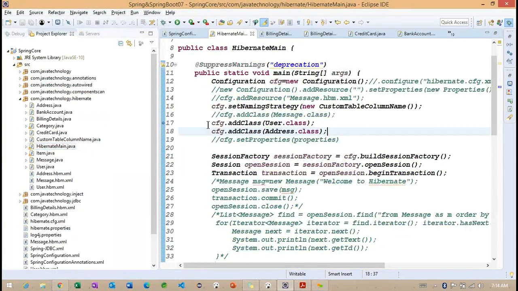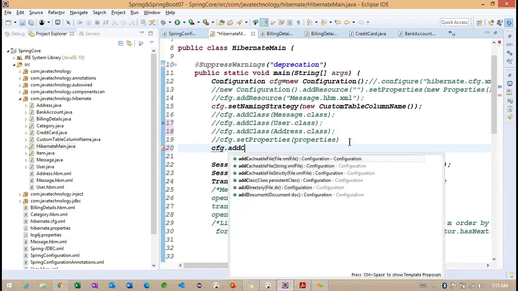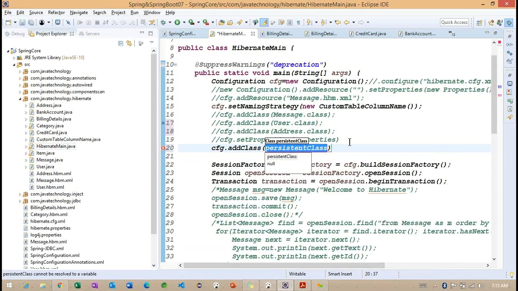Go back to the main class, and here we are not going to work with user and address. So here we are going to work with cfg.addClass(BillingDetails.class).